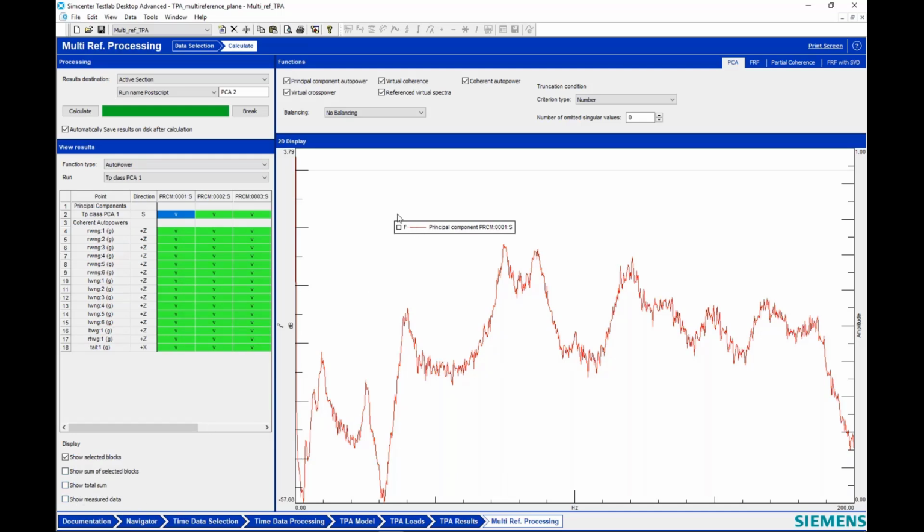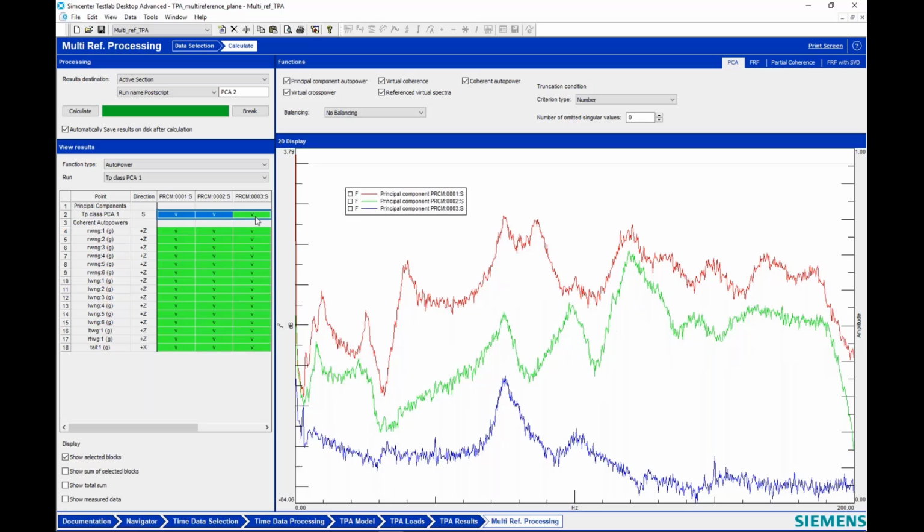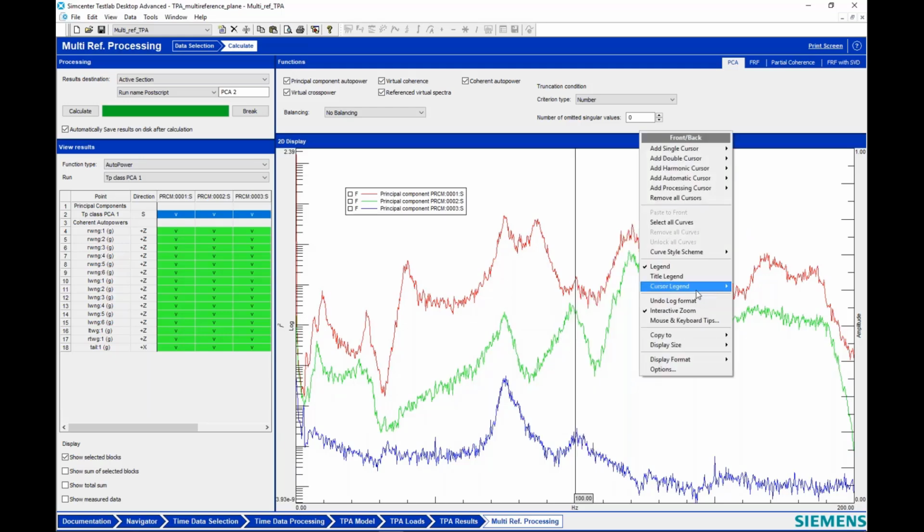So that way, if I highlight one thing in the table, it's only going to show one thing. If I were to highlight all three of these, these are my three reference auto powers. And if they were all dominant on a dB or log scale, I would expect them to all have about the same level. And if I go here to a log scale and put a cursor on it and put a cursor legend,